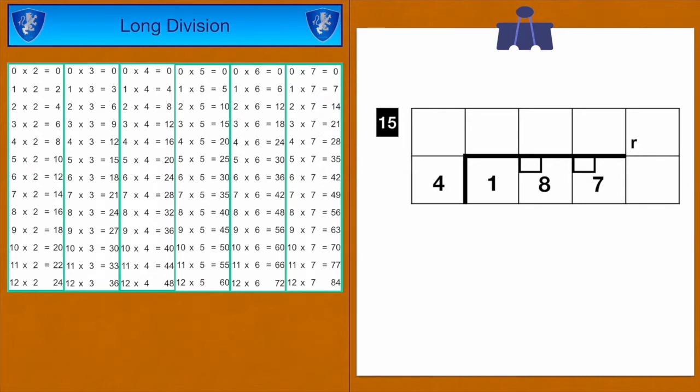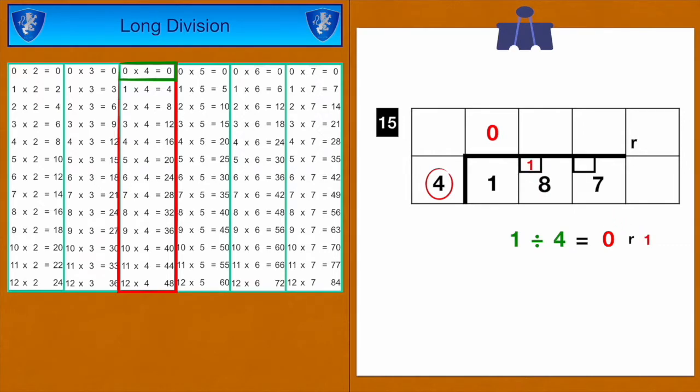And it's your 4 times table we're going to look at. So here we have it. Look at your 4 times table to help you. First step says 1 divided by 4 gives me 0 with a remainder of 1, making your second step 18